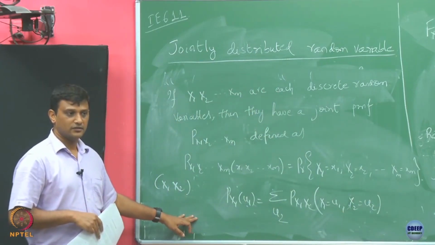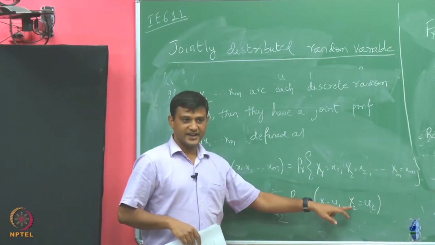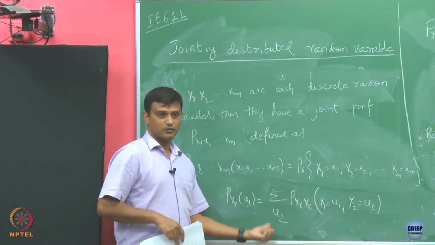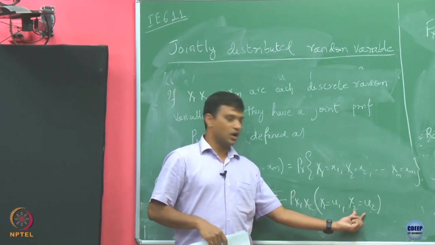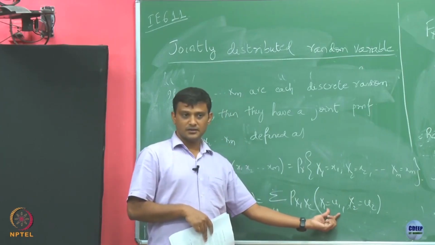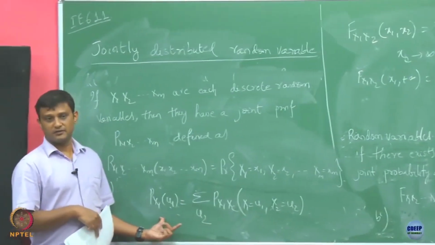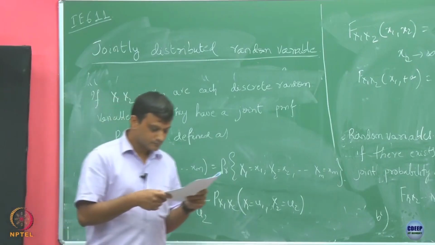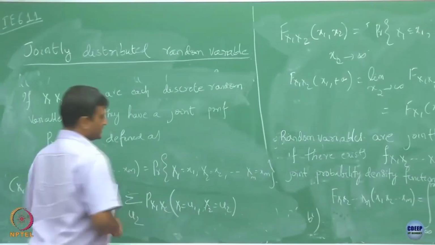Right. So I have x2, whatever its range is, whatever the possible outcomes of x2, and that is what I am summating over all possible values of u2. If I do this, I have already covered all possibilities of x2, then what remains is only this part, right. And that is the probability of u1 for random variable x1. Okay, so it is clear what I mean by